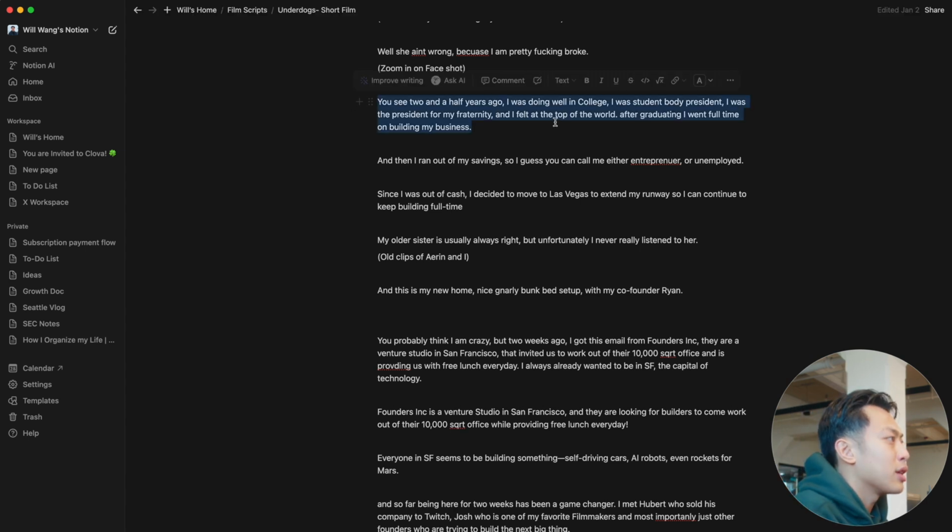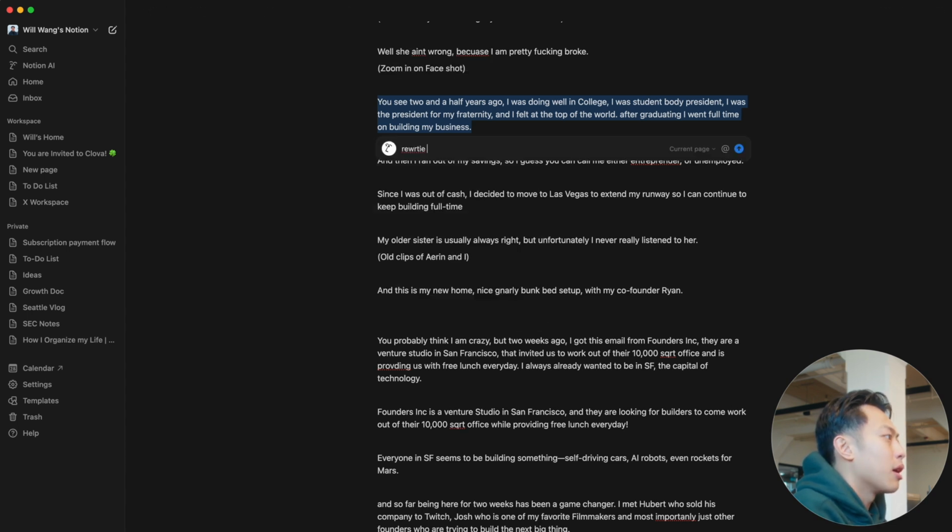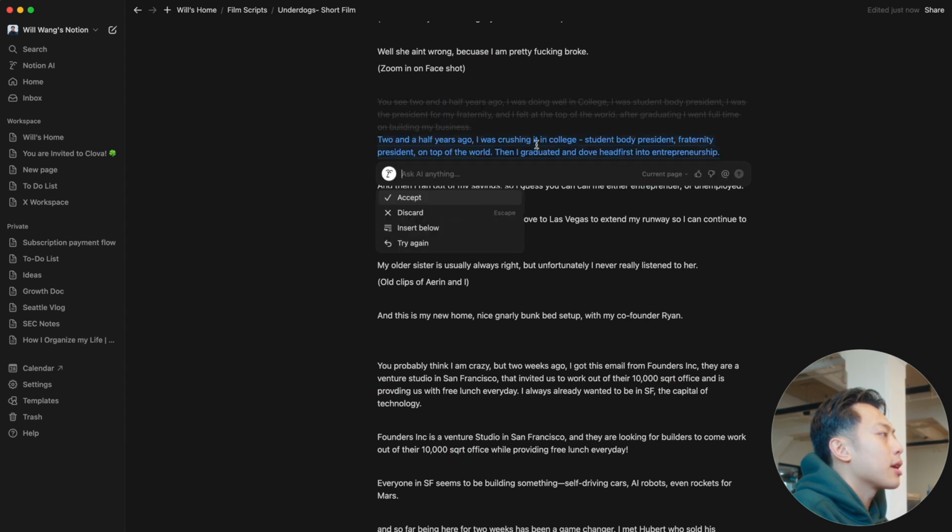But with Notion now, it's similar to coding with Cursor or Windsurf, in that I can just ask the AI right here and say, rewrite it, make it more punchy, for example. I made a typo right there. Instead of having to open up a new tab and breaking my workflow, I can instantly do everything in here. That streamlined process is what I've been using Notion AI the most for, honestly. And if I don't like it, I can discard it. I can also insert it below.